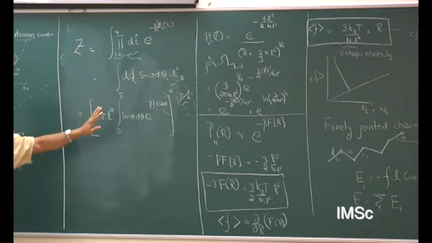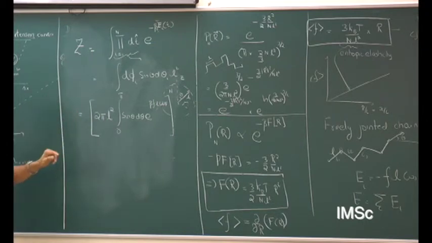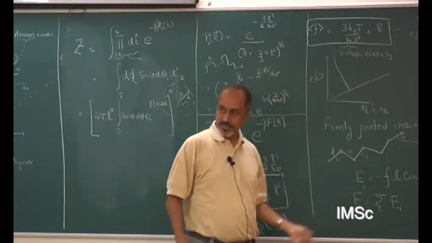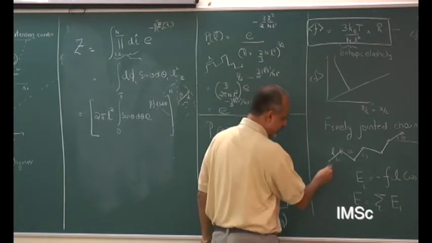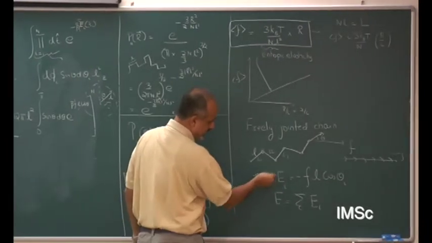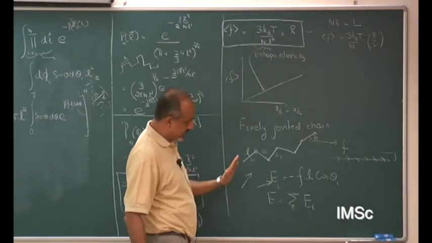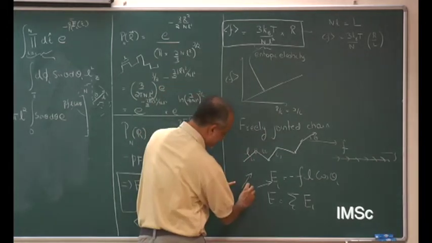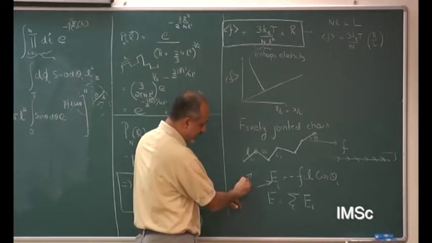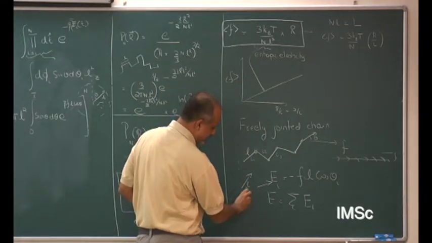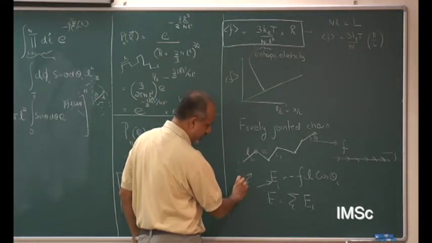I'm going a bit fast because you've technically seen all this earlier. I'm just redoing it a little bit. All that's important here is that each of these angles are independent. Each of these are vectors. This is one vector, let us call it T1. So another vector, call it T2. I can specify the direction of a vector completely by saying how big it is, and its magnitude is L. I also specify it by saying what direction does it point in, and for that I use spherical polar coordinates,